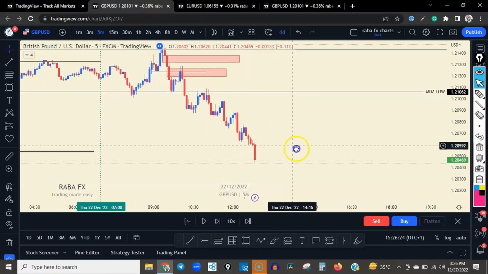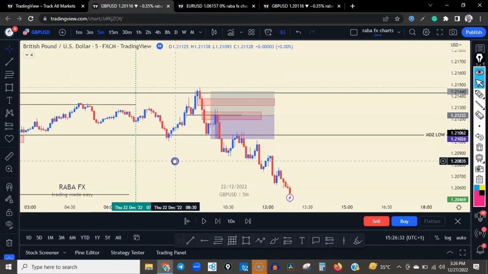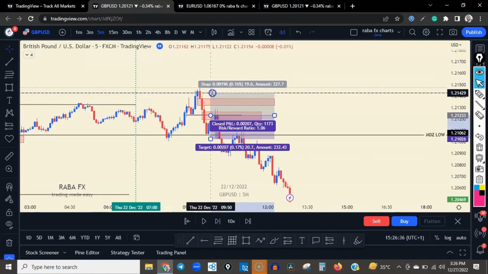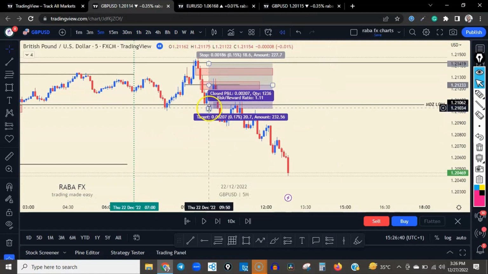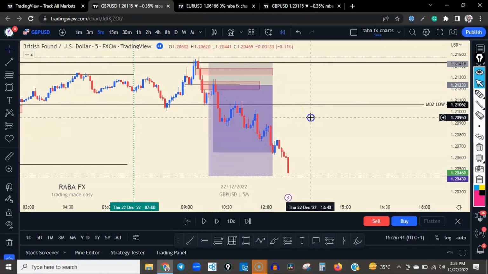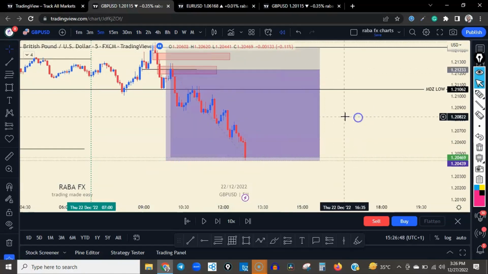Okay, so this here will have given you a good risk to reward. I usually put my stop loss above, but you can put it above this fair value gap here and then target the low. So this so far has given you a 4.27 trade,